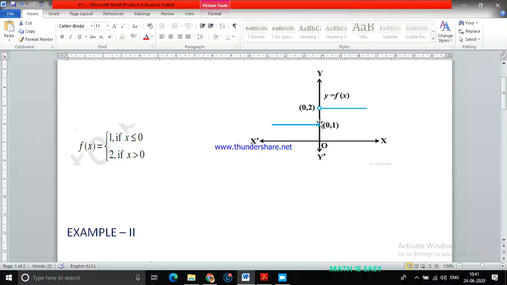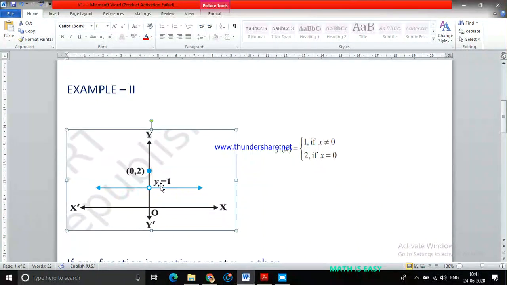If you observe the first graph, to the left of 0, the functional value is 1. At 0, the functional value is 1. But to the right of 0, the functional value is going to be 2. So the left value is different from the right value of 0. But in this case, the functional value to the left of 0 and to the right of 0 will remain the same, 1 and 1 only. But at 0, the functional value is becoming 2.